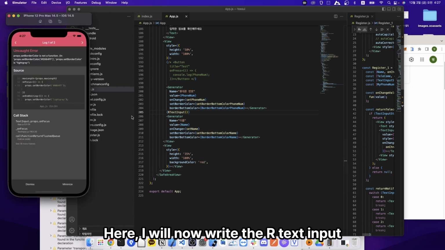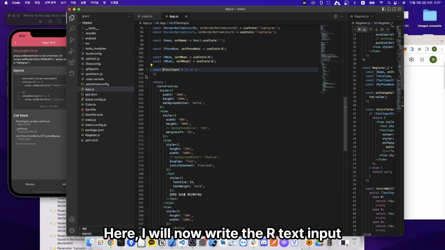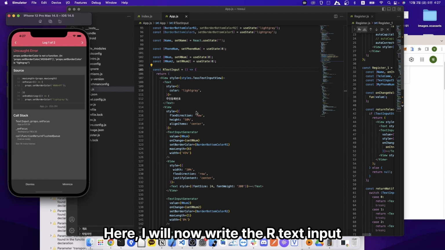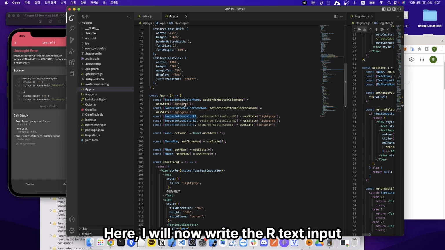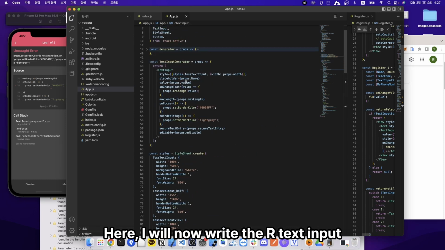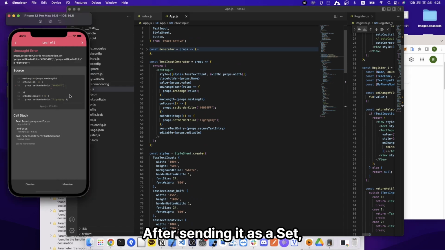Here, I will now write the R text input. After sending it as a set,